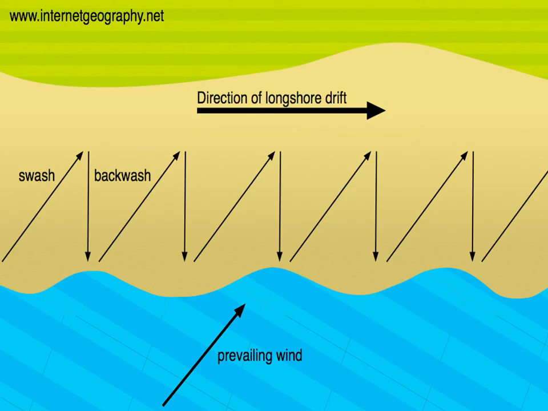Now let's go back to our diagram. So there's some key points to know here. What happens is we've got to imagine I have a piece of sediment here. A little blue ball is a piece of sediment. In the direction of the prevailing wind, my sediment is pushed in via the swash onto the beach. It goes back at a right angle because the direction of gravity pulls the wave back out straight. And then the wave comes in and pushes it again in this direction, pulls it back straight. And again, swash, backwash, swash, backwash, swash, backwash. Until eventually,